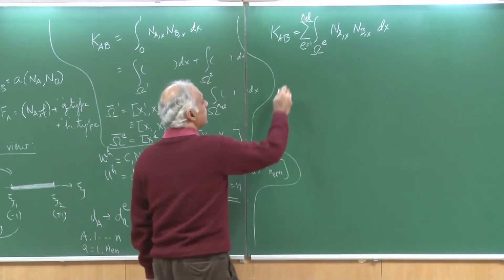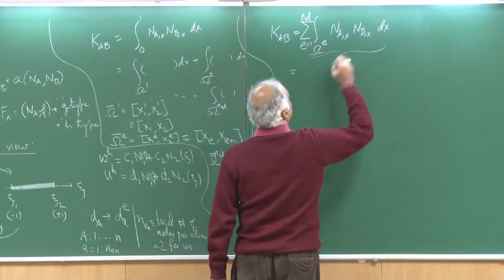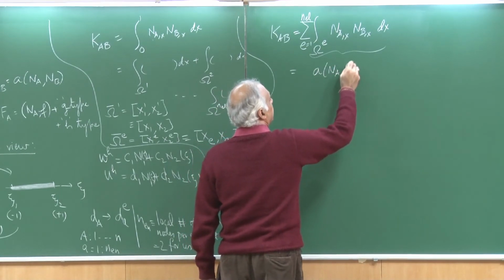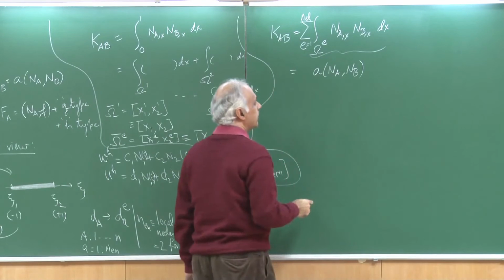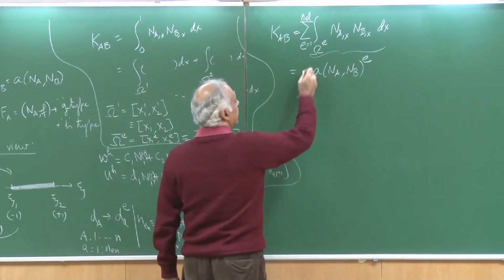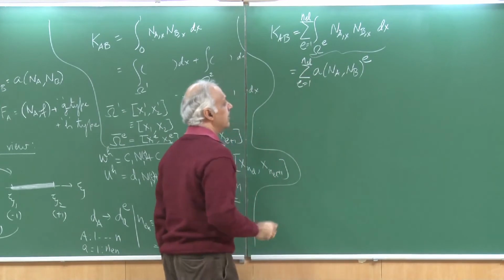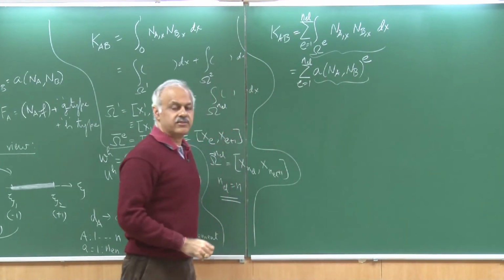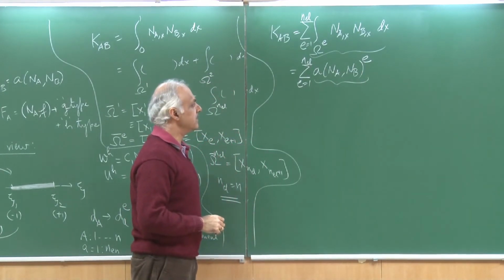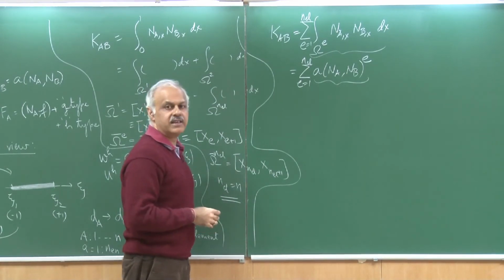I can write this in a little bit more compact notation. I can say that this integral here would be this bilinear operator a of Na comma Nb, but notice now it has to be evaluated at each element. It is an element level integral, and therefore, I will also put a summation that E goes from 1 through NEL. So, this is my notation that when I put a superscript E, it implies that my domain of integration is simply the element level domain. And I could do a similar thing for F.